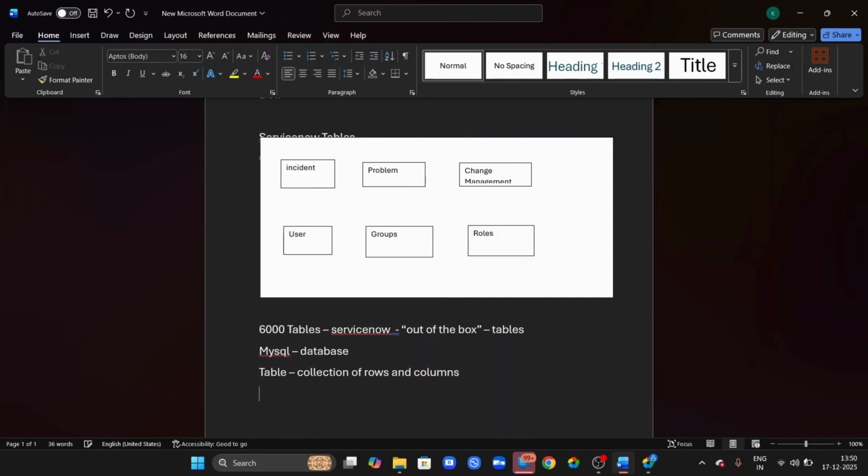They will definitely ask you this. It's a very basic question, right? Whatever information we store in ServiceNow will be stored in the format of tables, in rows and columns. MySQL is the database which is used by ServiceNow. If we think of this as the entire instance,